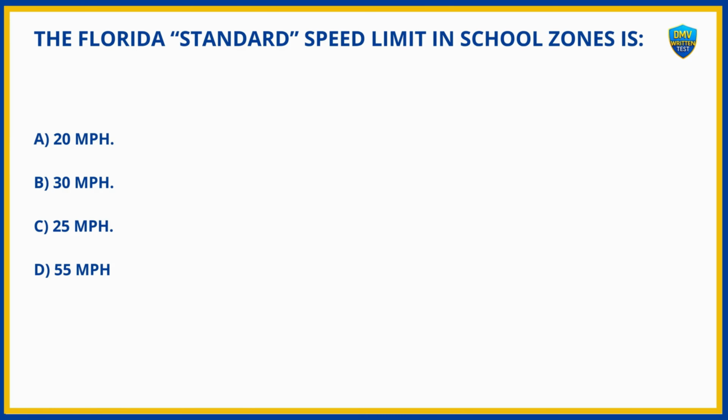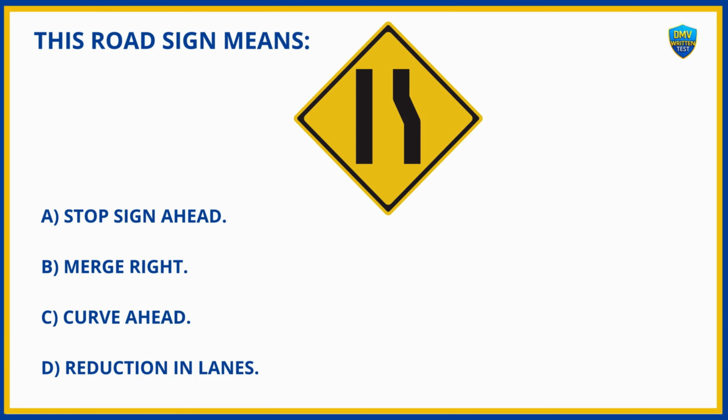The Florida standard speed limit in school zones is A. 20 miles per hour. B. 30 miles per hour. C. 25 miles per hour. D. 55 miles per hour. A. 20 miles per hour. This road sign means A. Stop sign ahead. B. Merge right. C. Curve ahead. D. Reduction in lanes. And the answer is